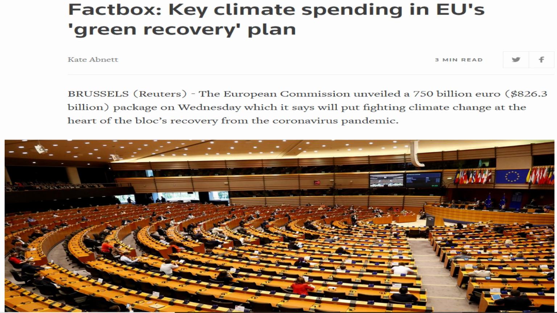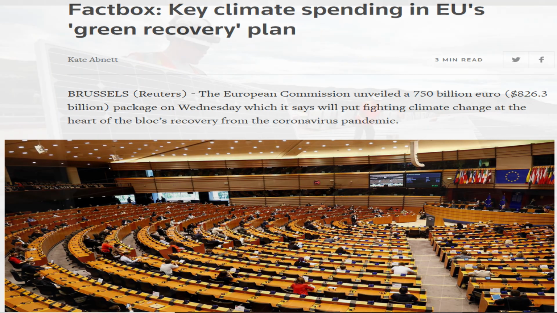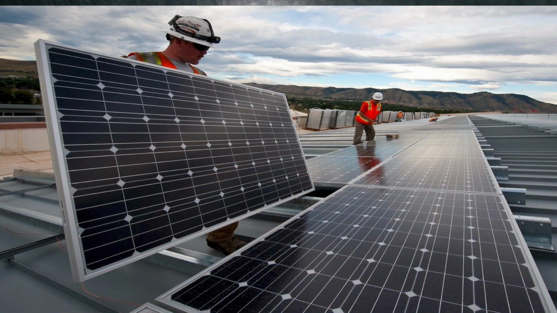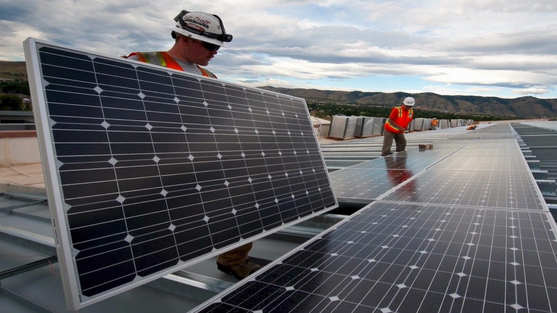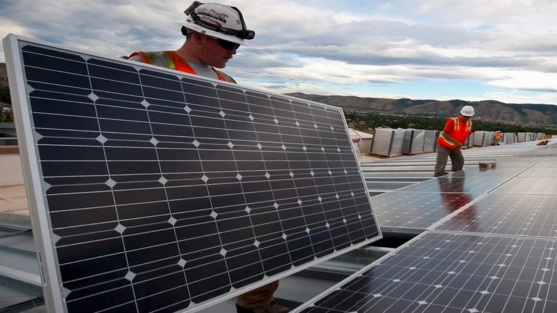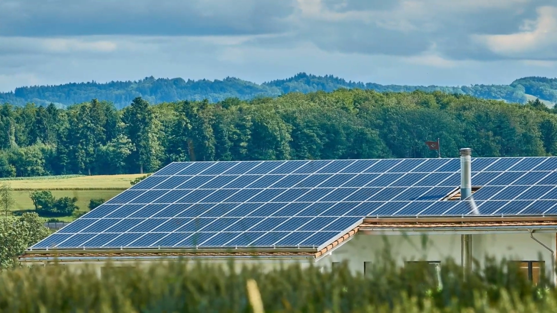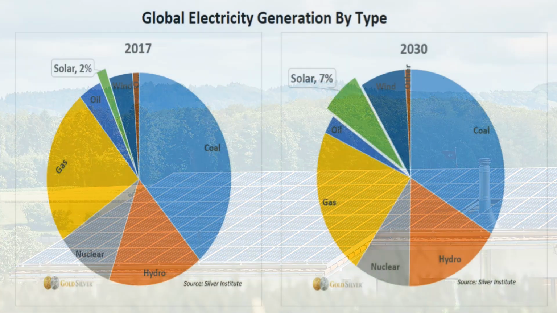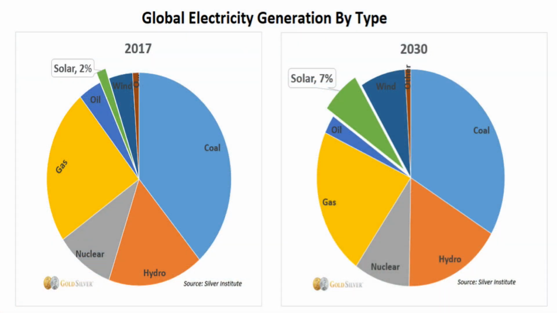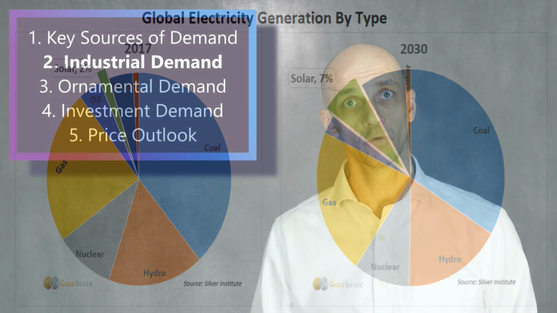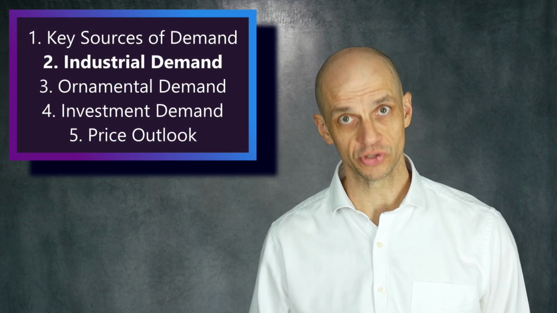Meanwhile, the World Economic Forum cites the good practice of the European Commission's €750 billion green recovery plan, which will provide billions of euros each year for, among other areas, photovoltaic rooftop solar panels. Around 2/3 of an ounce of silver is used in each panel here. If other countries and regions adopt such recovery plans, which seems very likely, I would suggest that this is going to be very good news for the photovoltaic demand for silver.